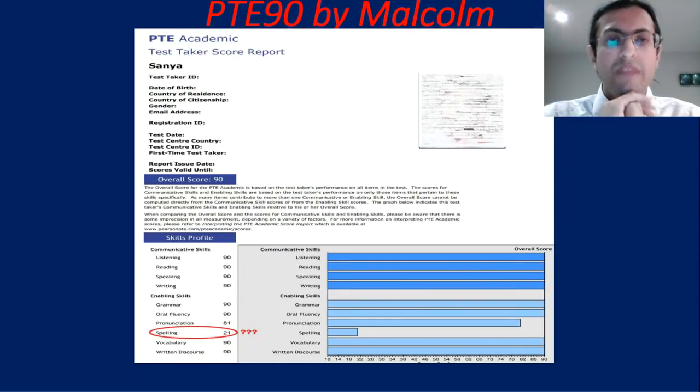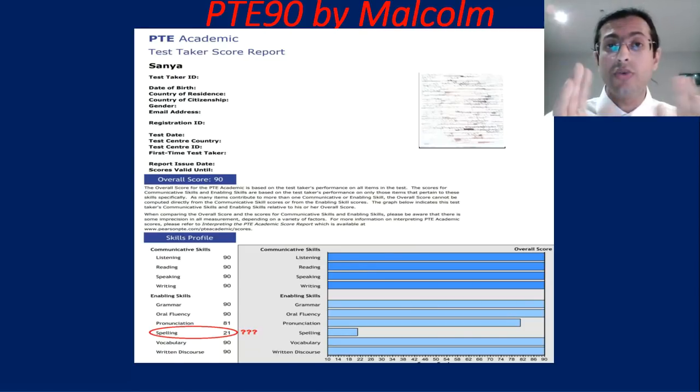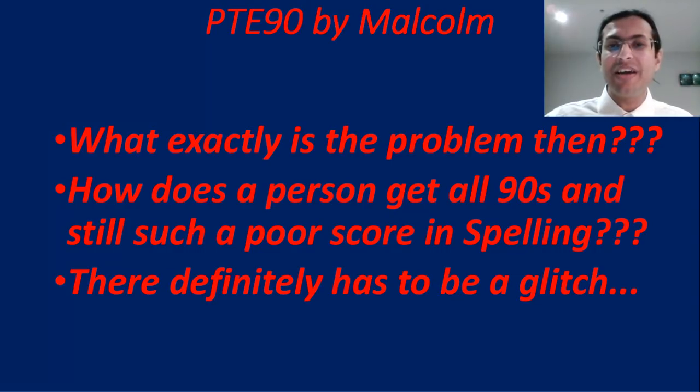Well, it depends. If you're making actual typing mistakes in the exam, then yes, definitely, it will affect your writing score. But as you can see in Sanya's case, her score in spelling is just 21 out of 90, but her writing score is still 90, which means her writing score has not been affected by her spelling score. Which means what? Obviously, it means that we need to find out what the problem is,